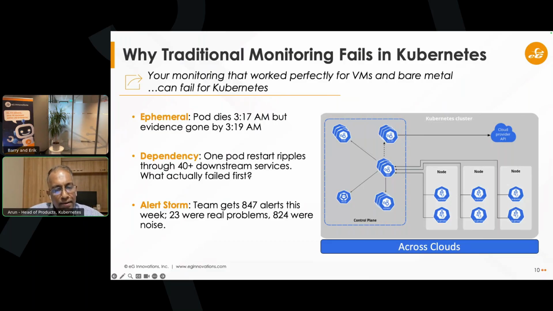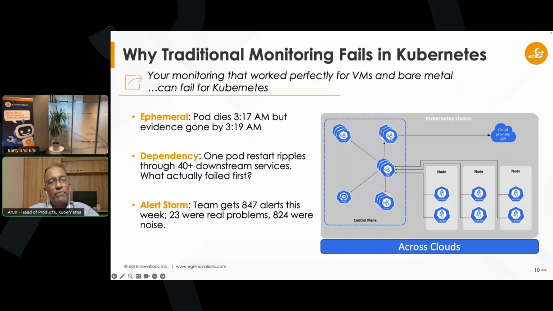The second part is, not only is there a constant churn of pods, there are also dependencies. Typically teams organize themselves according to microservices, and these microservices have dependencies with one another. For example, if the payment systems microservice fails, or if the payment gateway fails, you have a cascading effect.